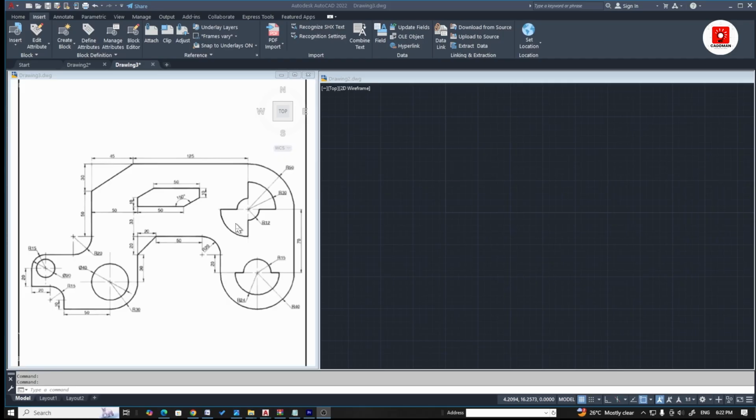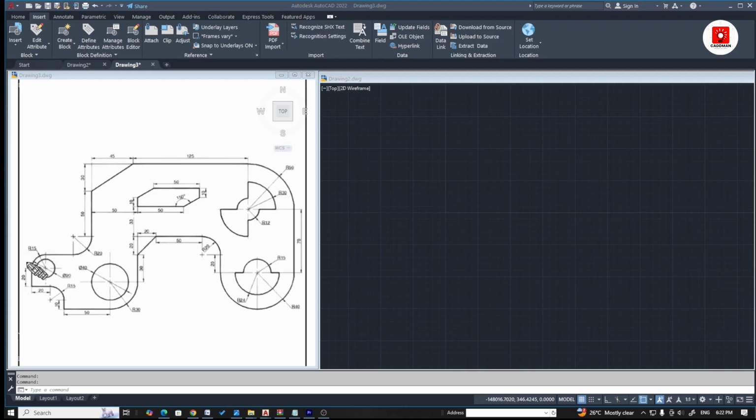Today let us see how to create this drawing in AutoCAD by a step-by-step method. So in order to create this drawing in AutoCAD, first let's check if all the given dimensions are available in the reference drawing. The length from here to here is given, and the arc is given. Here the length is not given, so